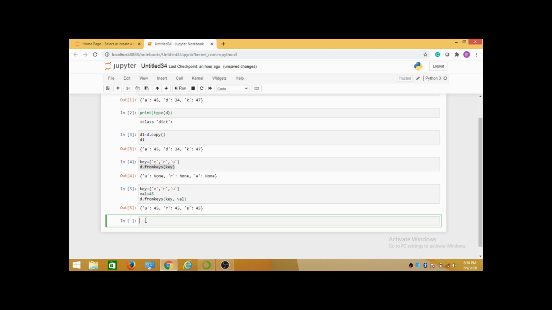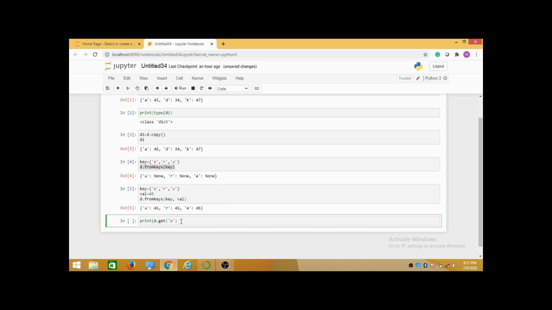The next function is the get function. Whenever you use the get function, we can access data from the dictionary. So let's see how it works. Print d dot get of. Here I want to access the data for the a key that I have in the first dictionary.